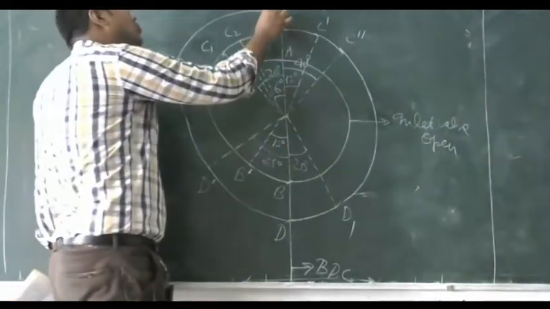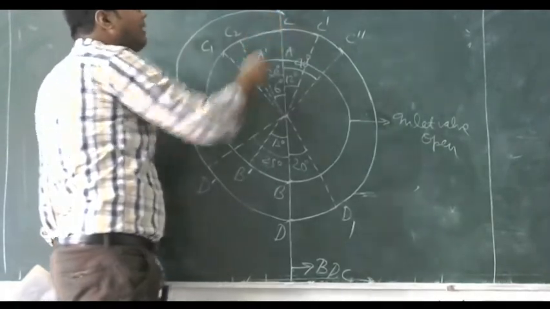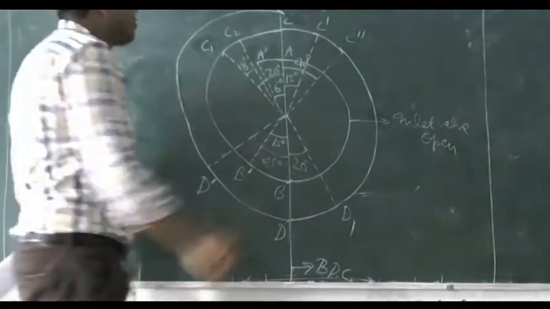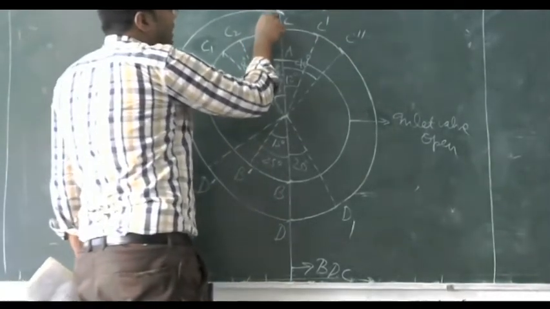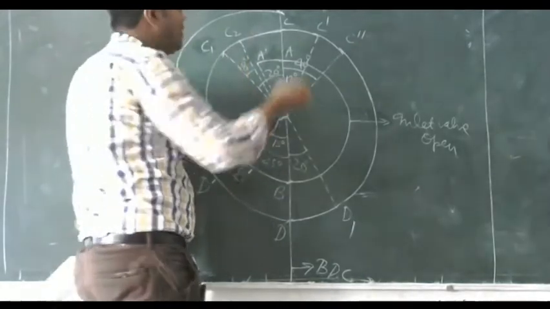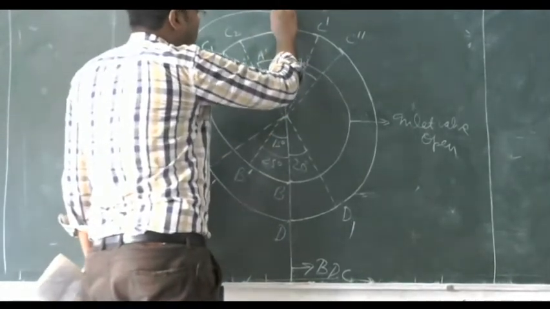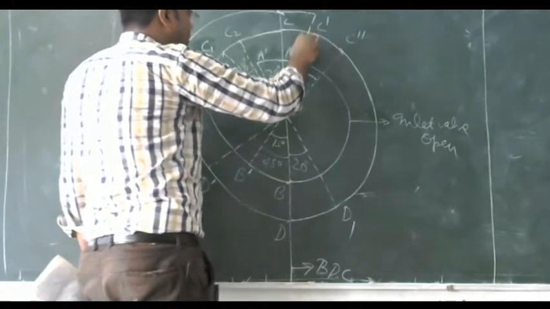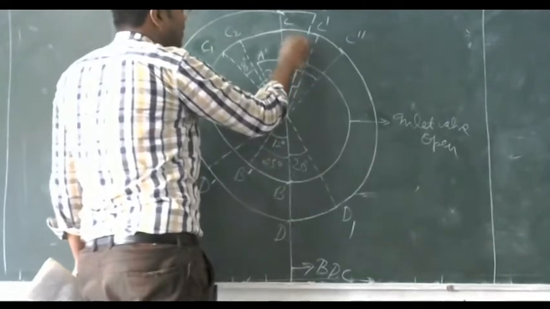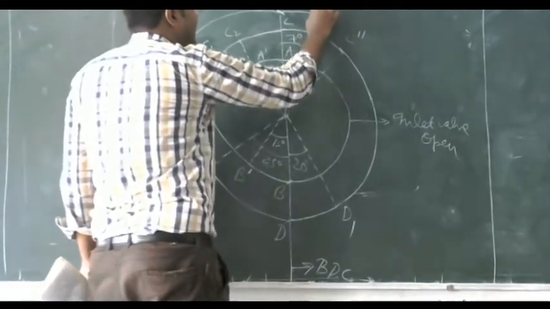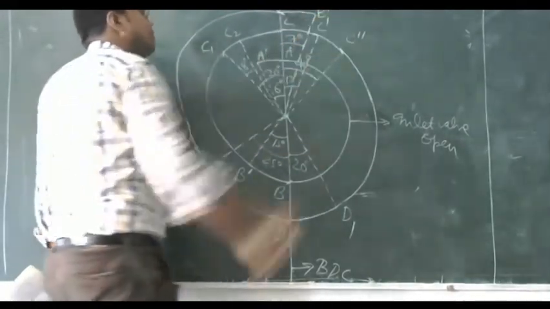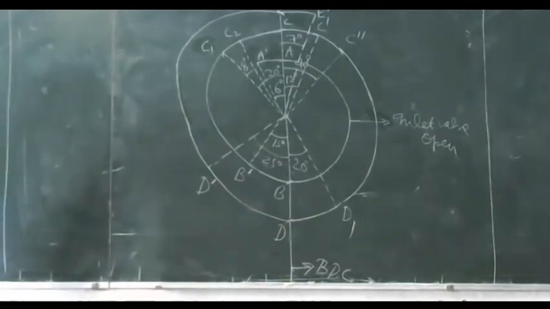We start to close the exhaust valve at point E, but it cannot just close at point E. It will take some time to fully close. So it will close after 70 degree from point E, at E dash. So when we move from E to E dash, the exhaust valve will close at point E dash. So this is the actual valve diagram.